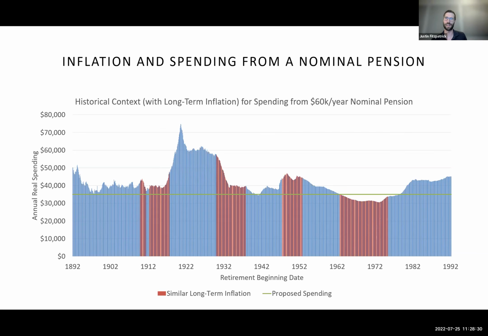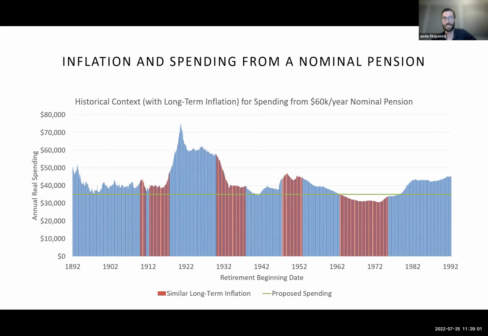So there's some performance of investments involved here. And again, survived 30 years, not had to reduce their income. Very different picture here, although we do see that peak again in the 1920s. That's actually because there was a lot of deflation coming up. But you can again say, okay, there's quite a range of what someone could have spent from this $60,000 a year nominal pension,